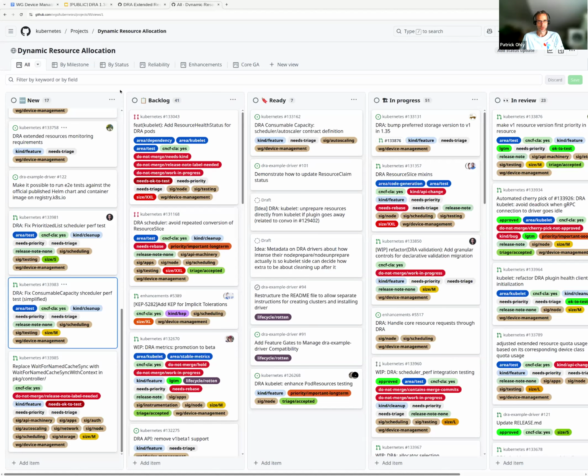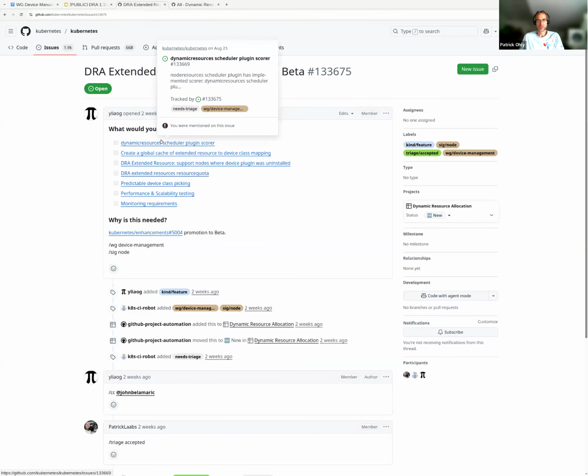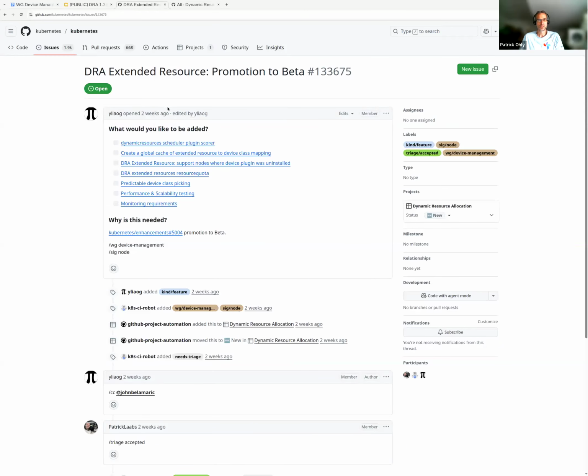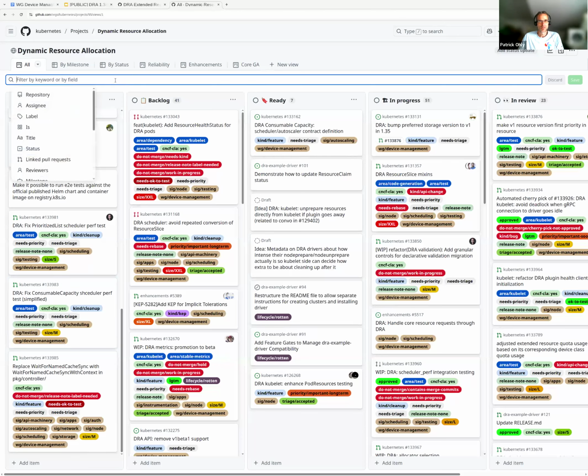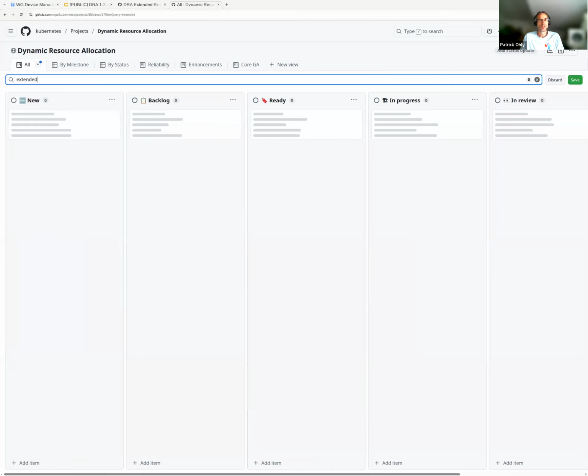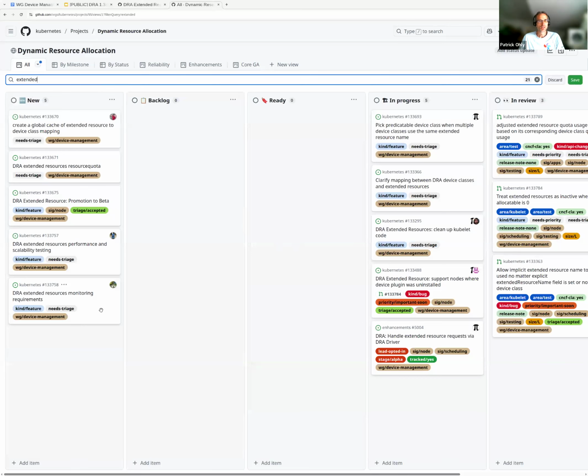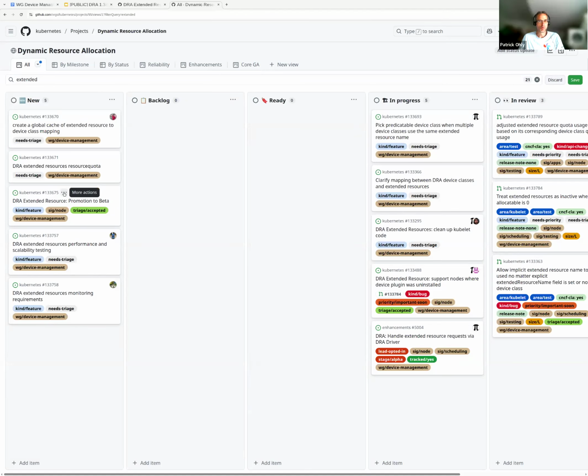And you are doing your own triaging here. So basically anything that is related to this issue here, promotion to beta, do we have it? We must have it in the board somewhere. So we might as well triage that now. The first one, that was assigned to myself, is the most obvious.